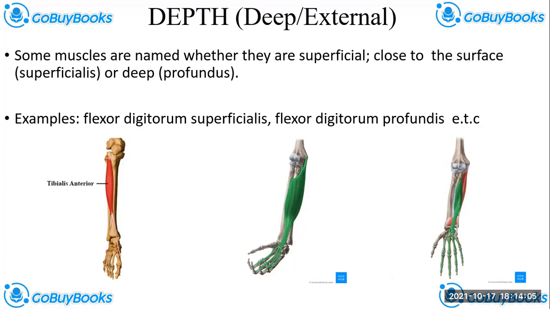All right. I added this example also intentionally because the tibialis anterior is also a superficial muscle, but the anatomists that named it did not use that as a criterion. They just said this is the anterior muscle of the tibia, and that was it. So it's possible that a muscle meets a particular criterion and is not named according to it, it's based on discretion. But if you understand how each of these muscles are named, and you see the name of the muscle, you'll be able to understand how it was named.